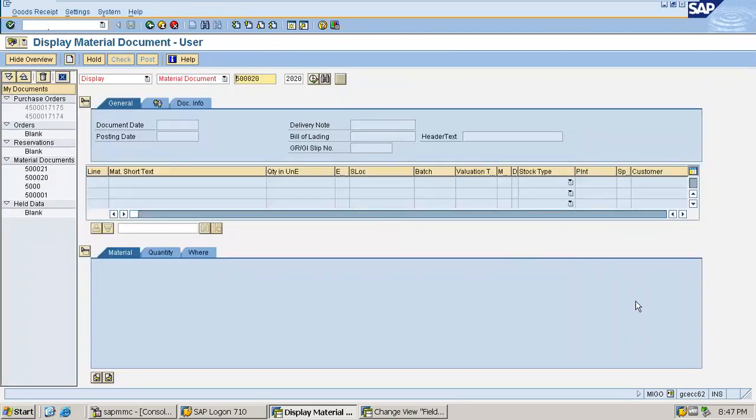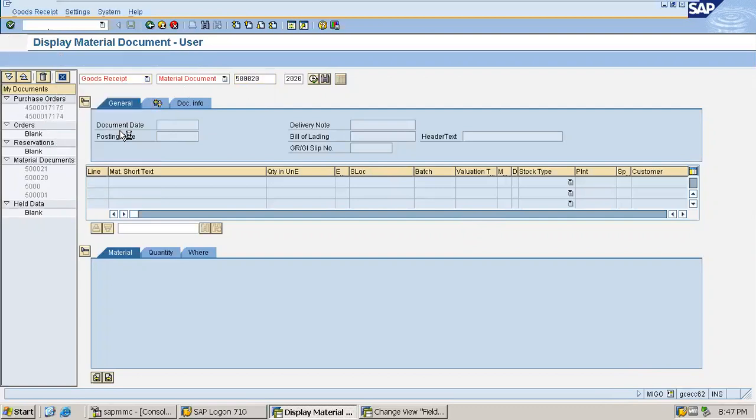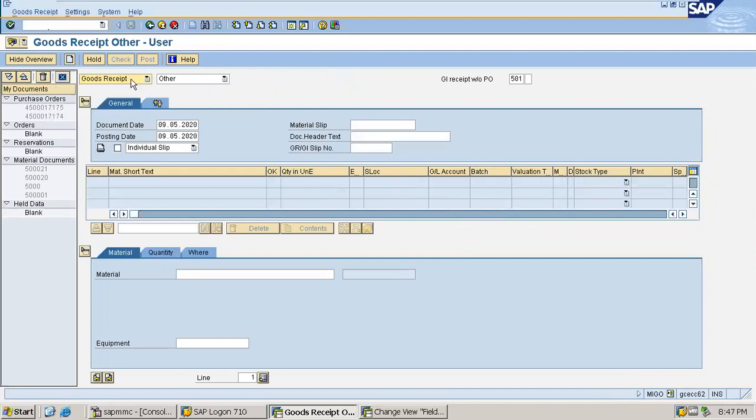So I'm in the MIGO transaction, and in this transaction we post all kinds of material documents. As I have mentioned, I'll first do a goods receipt and then a goods issue. So goods receipt I have chosen here.